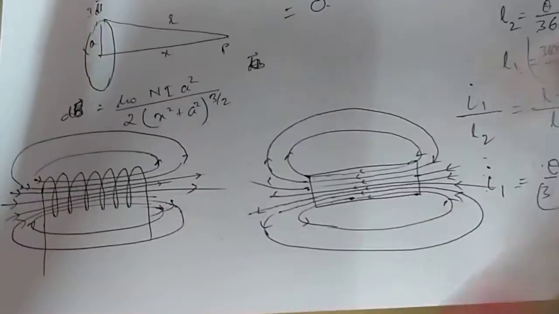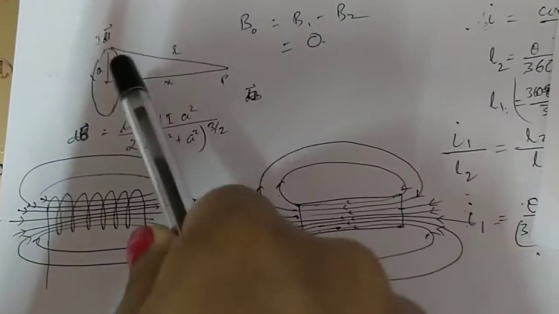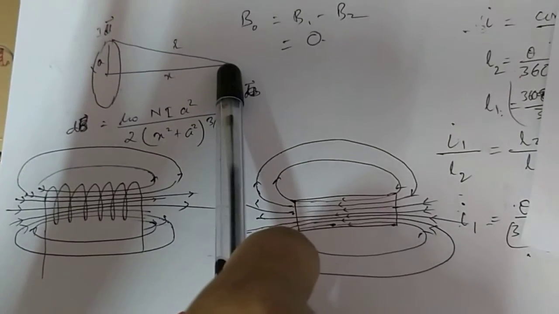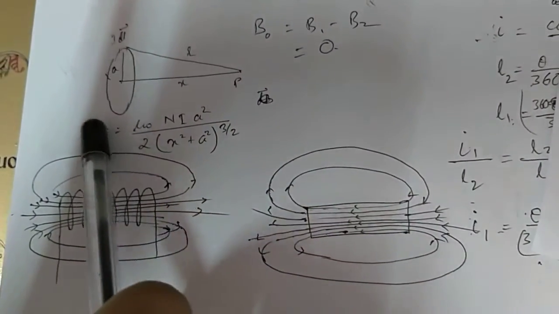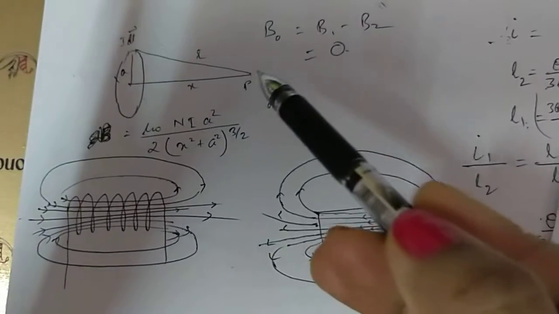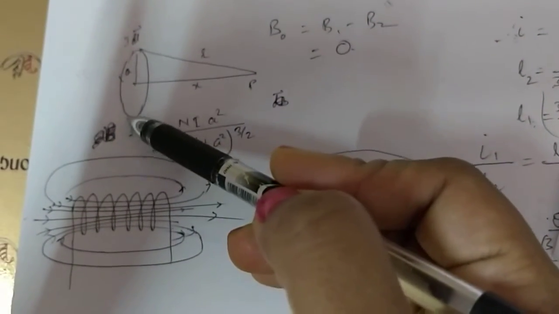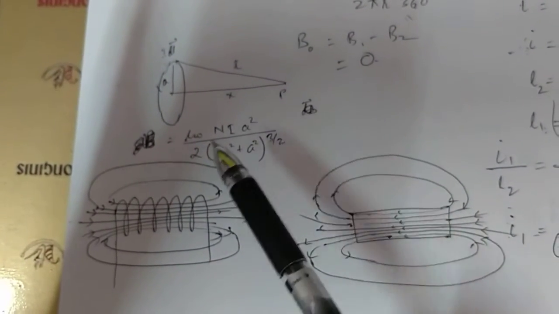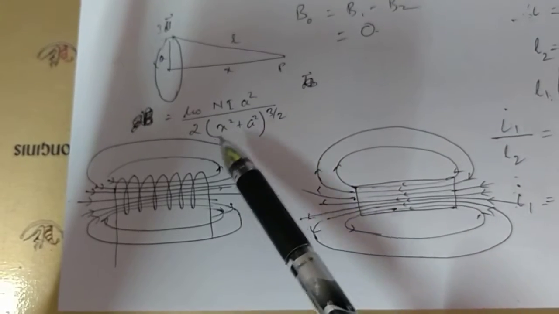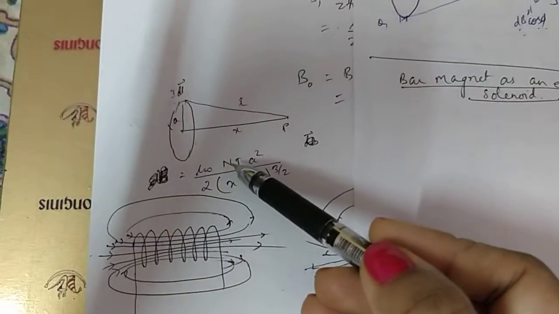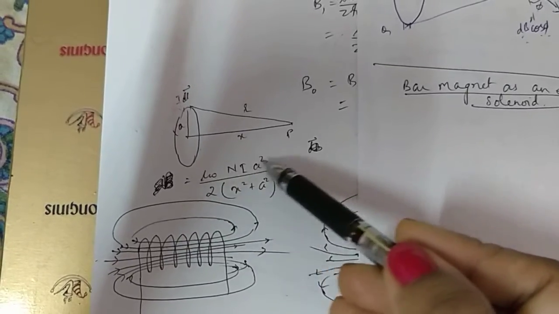Okay, now in this case, here is the expression which I have written. If you have any one single loop of current, and on the axis you have to find the magnetic field, then actually the complete magnetic field due to this coil at this place, if there are n number of turns at this same place, then the magnetic field at point P will be mu naught n I a square upon 2 (x square plus a square) raised to 3 by 2. Or otherwise, n is the number of turns. If there is only one single turn, it will be 1. So mu naught I a square by this.